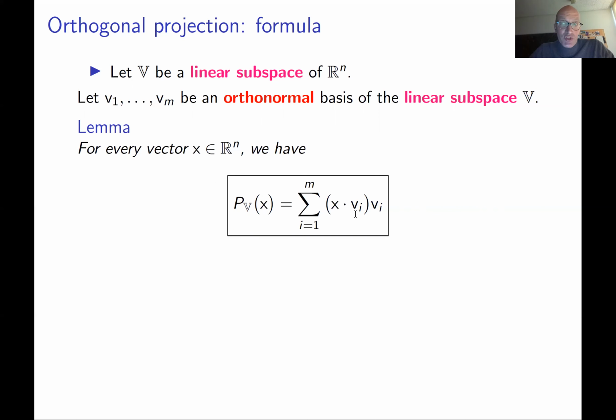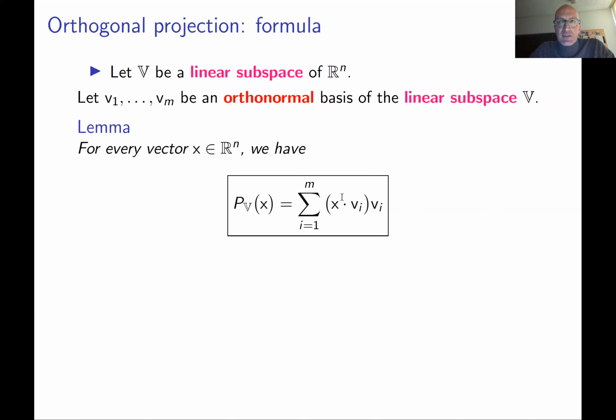So now, if you use this formula, and if you use our criterion which we discussed a little bit earlier, it's not hard to prove that orthogonal projection is actually a linear transformation. Here is your vector x and here vector x, and using the properties of the dot product, you can prove this. This is not very complicated. This gives you the second proof of the lemma on the previous page.